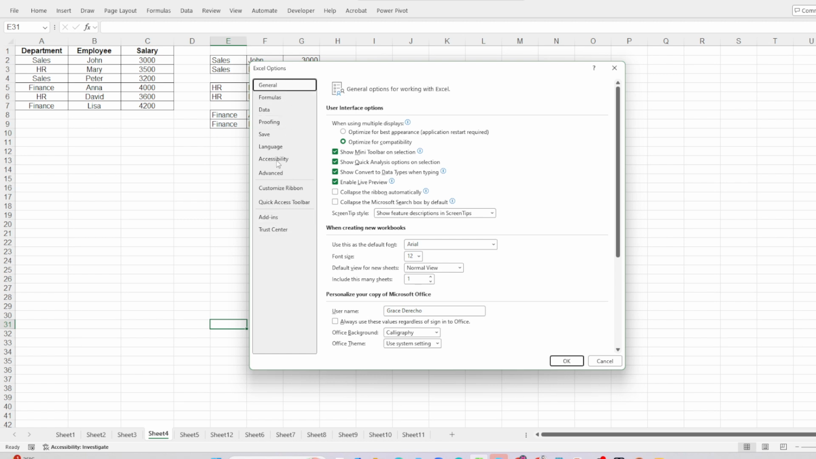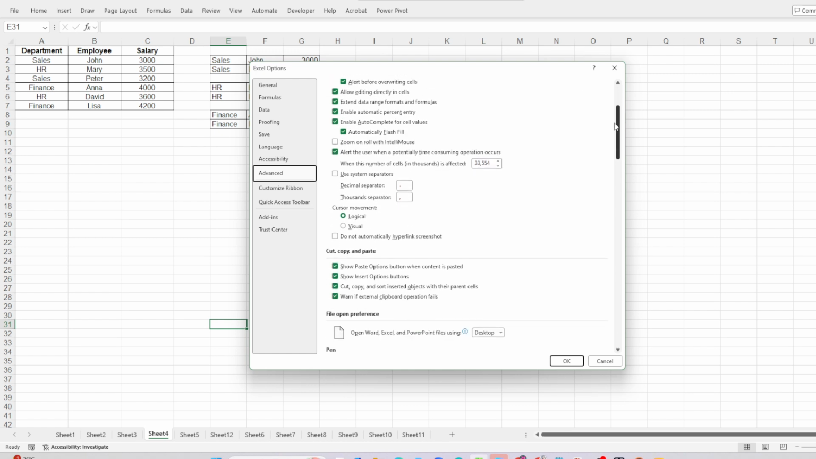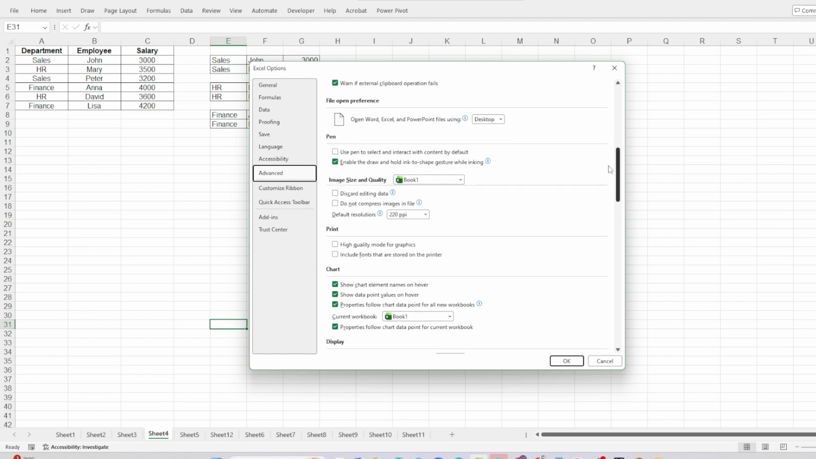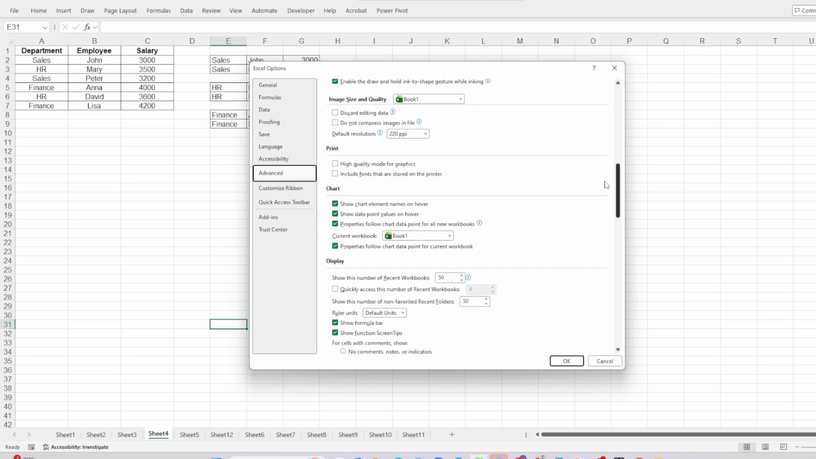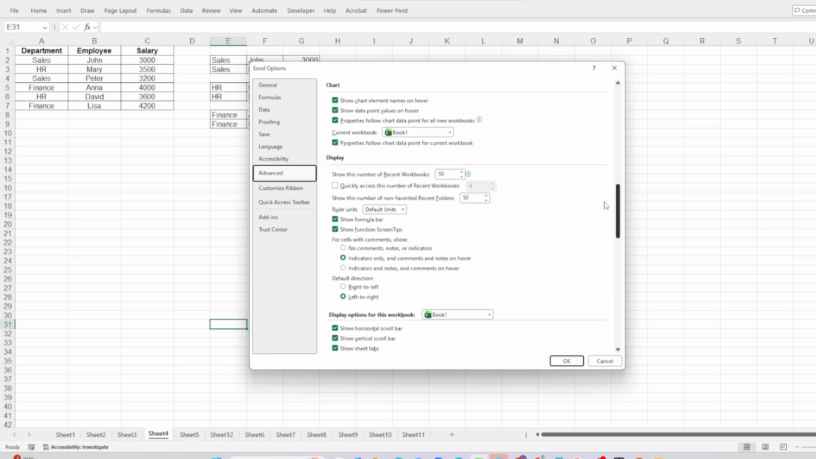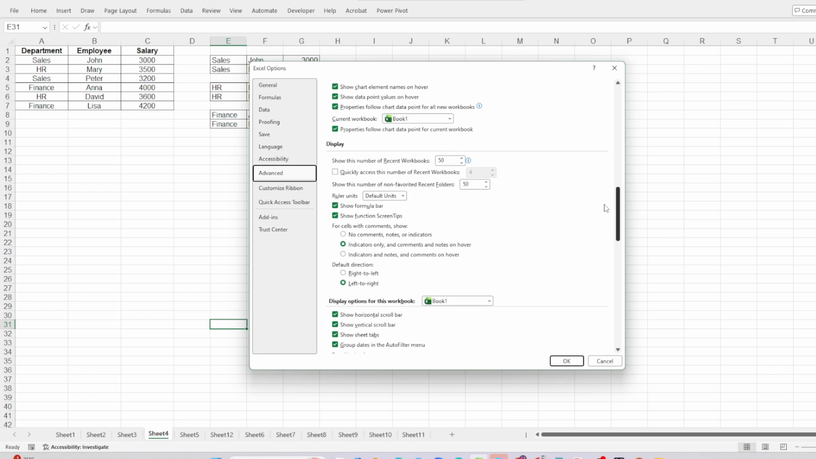Now, look for the area called Display Options for this worksheet. This is important because gridline color is controlled at the worksheet level. That means the change applies to the specific sheet you choose, rather than automatically changing every sheet in the workbook. If your file contains multiple worksheets, make sure you select the correct one from the drop-down list in this section